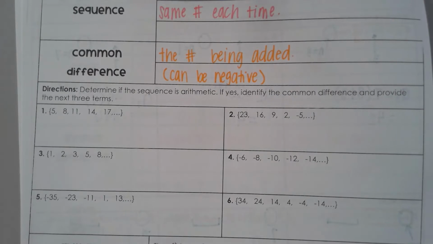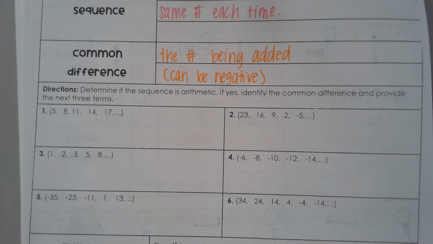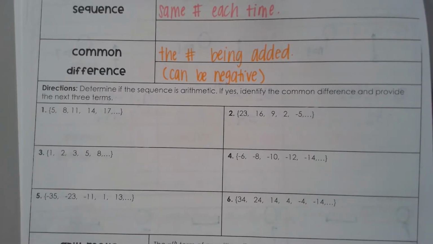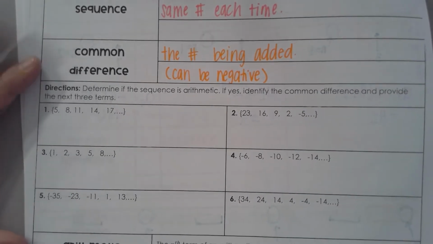So for these first 6 examples, the first thing we're going to do is look at my sequence and see if I'm adding the same number every time. And you have to look all the way down the list, because it could be that you add 3, add 3, add 3, add 4. And then it would not be arithmetic because it wasn't the same number every time. So on number 1,